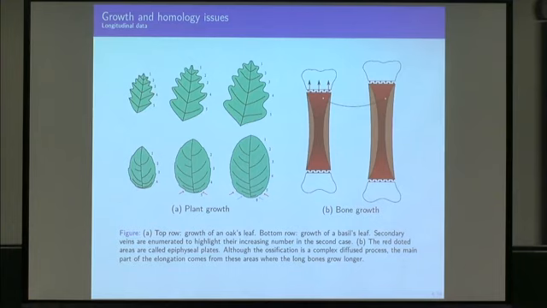On the second row, you see that you still have a global change of size induced by a scaling, but at the bottom of the leaf, and you clearly see it in the video, you have creation of new material, and it's highlighted by the emergence of new veins and new indentations on the boundary of the leaf. And here the definition of homology is quite tricky because